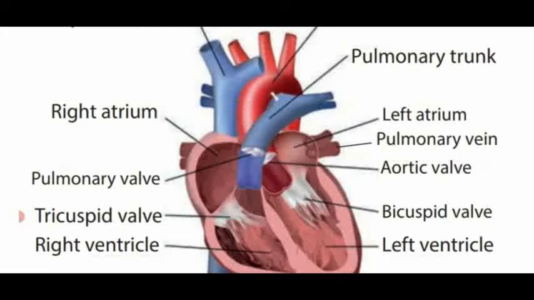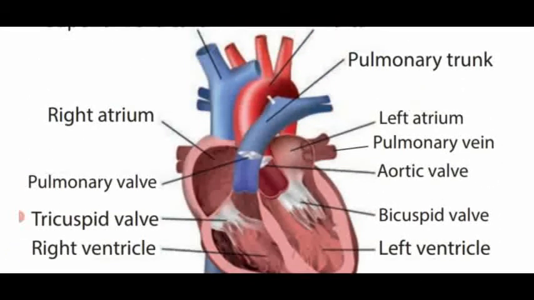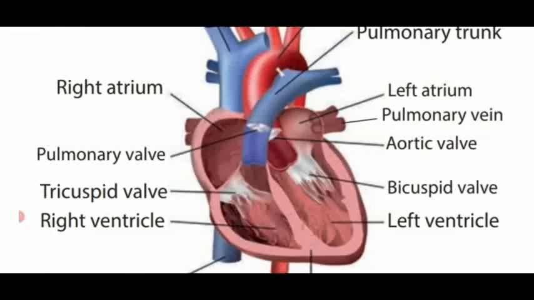Then, at the base of the biggest artery named aorta, they have the valve, that is the semilunar valve named the aortic semilunar valve. So these are all the different valves present in the heart to help in the flow of the blood and also prevent the backflow of the blood. That is said to be the valves of the human heart and their function.